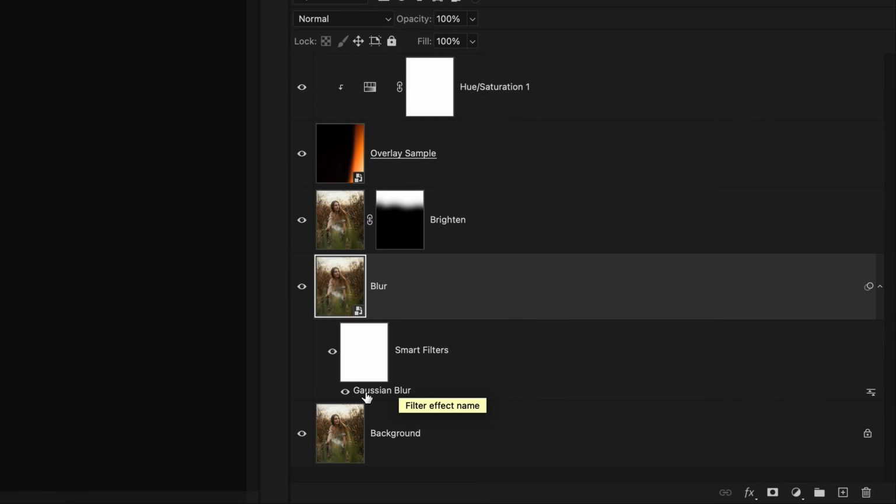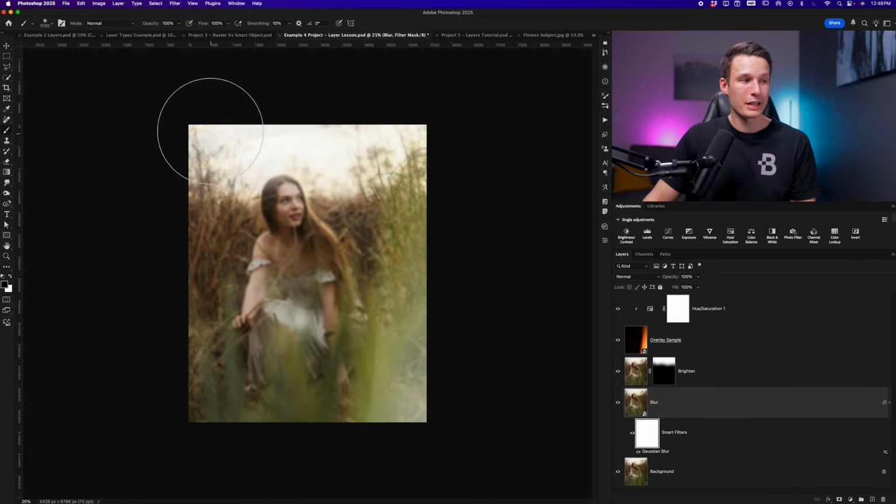This is kind of like the comparison between erasing pixels versus using a layer mask. When you apply your filter directly, it's permanent, just like erasing, but when you use a smart filter, it's like a layer mask and you can change it at any time. All you need to do is just double click on the words of the filter that you want to edit to re-access those settings. But in this case, I want to make this blur only visible in the outer edges